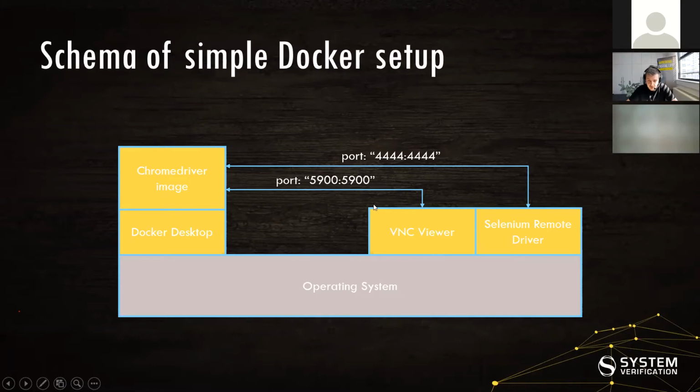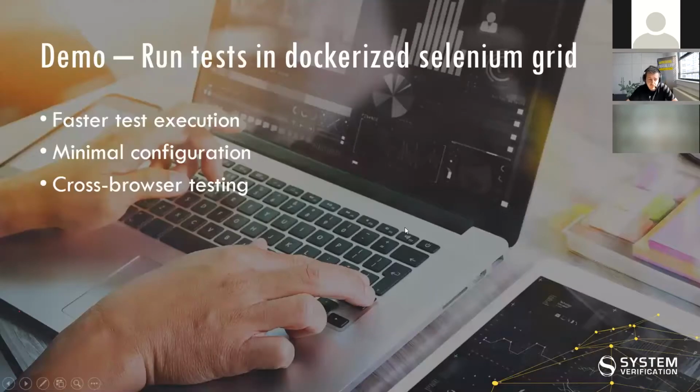So we connect to 5900 via VNC viewer and to 4444 from our code with Selenium remote driver. So next thing we can do is run our tests in Selenium Grid. If anyone used Selenium Grid, you know how complicated it can become to set it up and to connect all the different nodes to it. However, there is an easier way with Docker, where you just